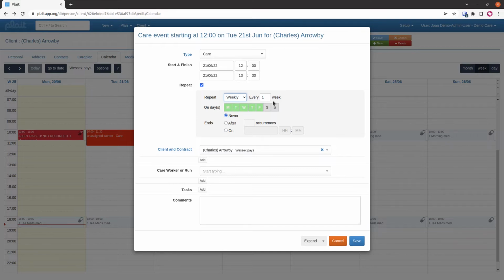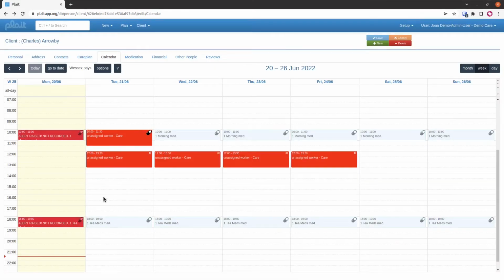But this is not atypical, and it's not atypical that the recurrence pattern never ends, because we don't know how long this person's going to be a client for. But we may know that this booking is only going to occur a certain number of times, like for 4 weeks or something, so that'll be 20 occurrences. Or it might be easier to express the 4 weeks as an end date, and we'll tell it what date the booking ends on. So we're going to save this record,